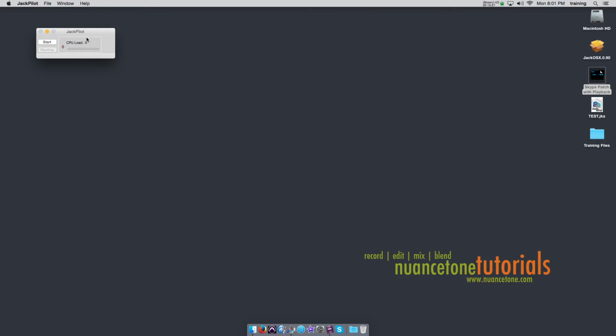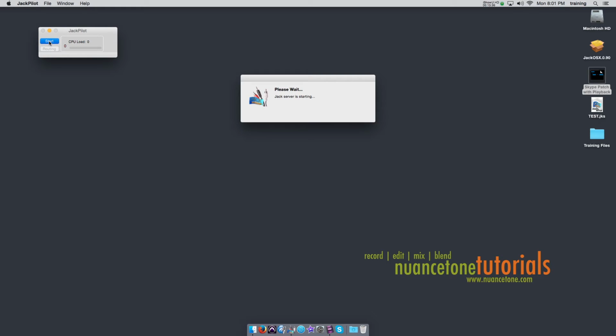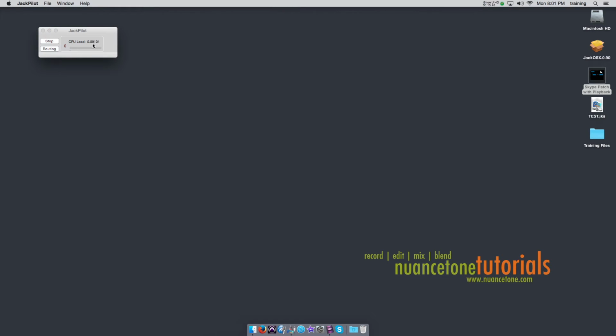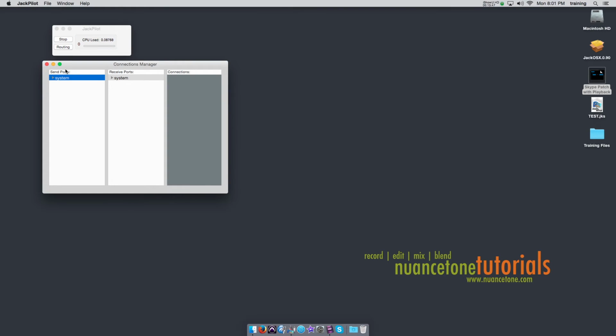Jack Router or Jack Pilot, which is the application that starts the routing, is not started. So what I'm going to do is start this by hitting start. We'll wait a second. It should pop up. You'll start to see a CPU load. You'll see a meter for that. We're running now. Now I bring up my routing window, which is how I route stuff in my computer, and